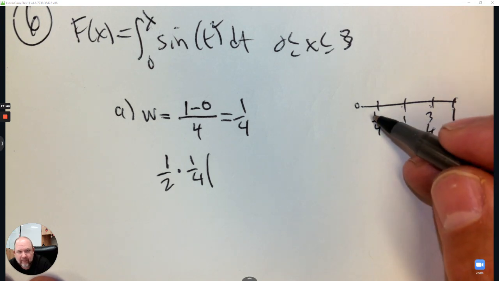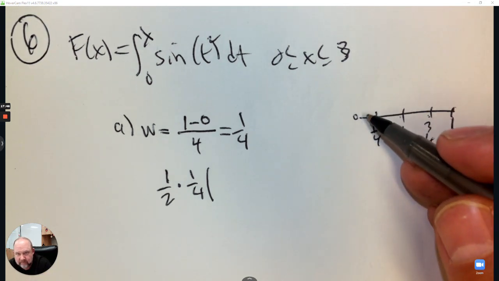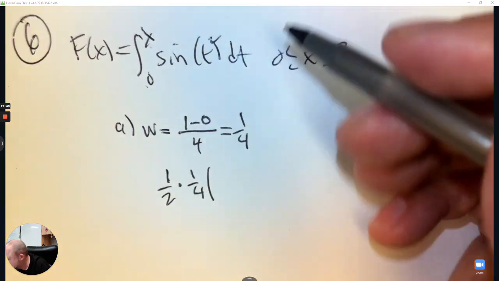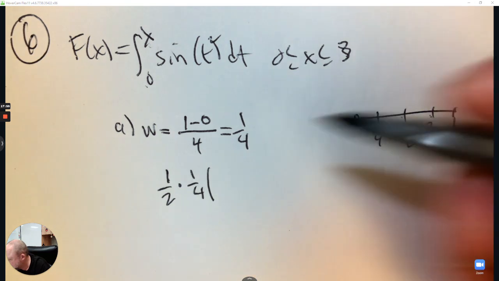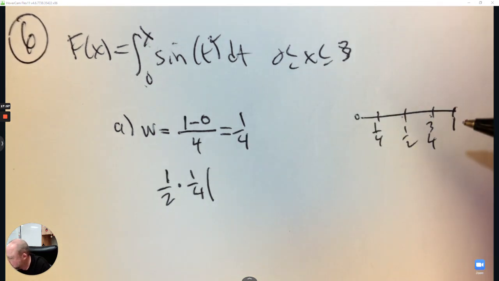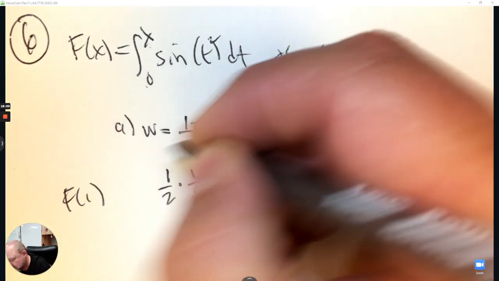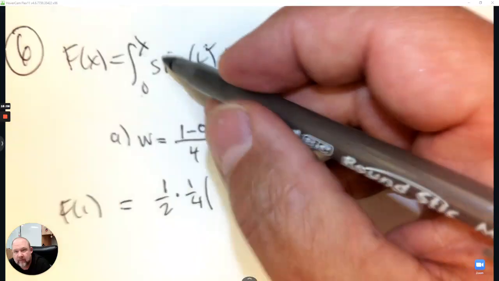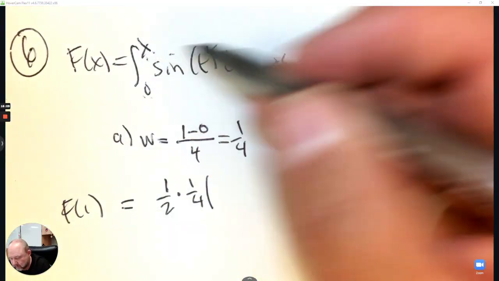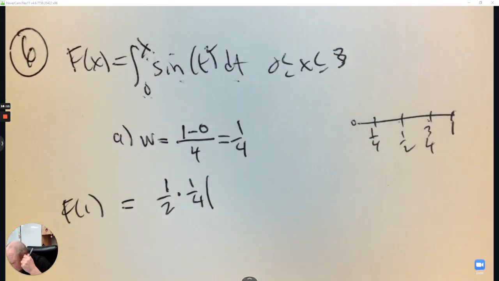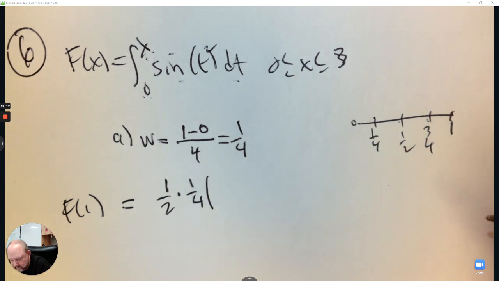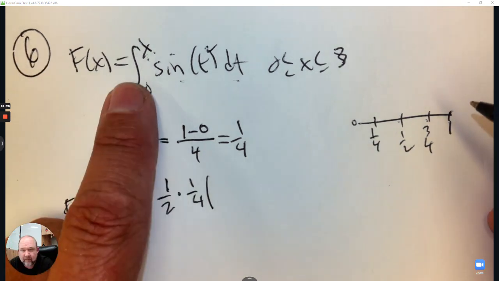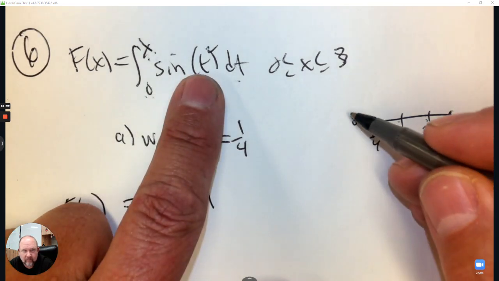So I'm first going to plug in 0. So 0 to 0. Oh, I'm approximating f at 1. So you plug it in, it's approximated from 0 to 1 of this. So to approximate this area, you're going to first plug in 0,